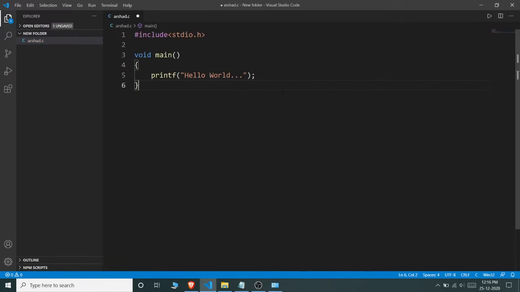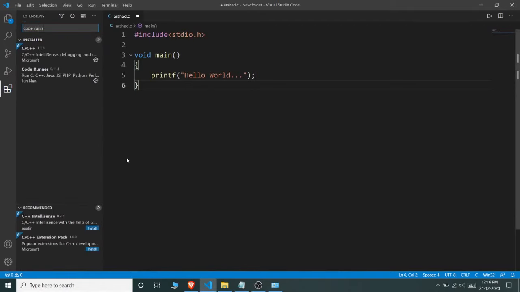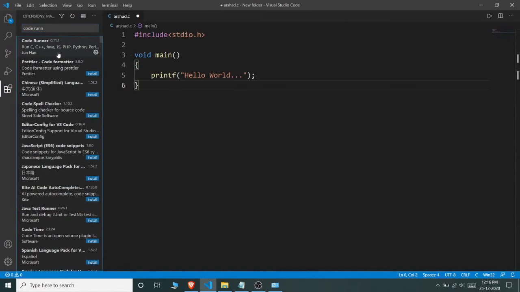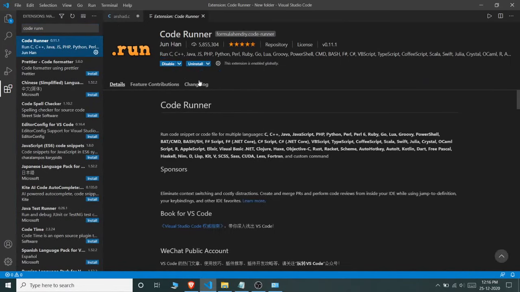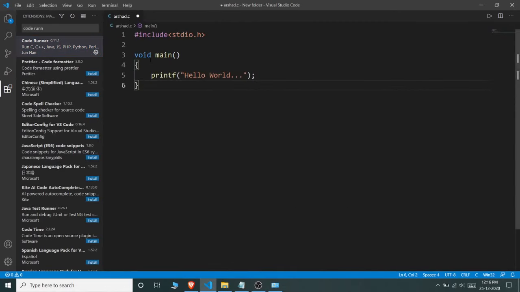Okay, now it's time to compile our C program. For that, I am recommending you to install the CodeRunner extension. Now go to your extensions tab once again and search for CodeRunner. Actually, this is the CodeRunner extension. If you have installed this CodeRunner extension, then you will be able to find a triangle shaped button here like this. Now you can run your C program. Not only C, you can run Java, PHP, Python, all kinds of programming languages using this CodeRunner extension button. Now I am closing this tab. Make sure that you have installed that one. Now here I am just clicking on this run code button.